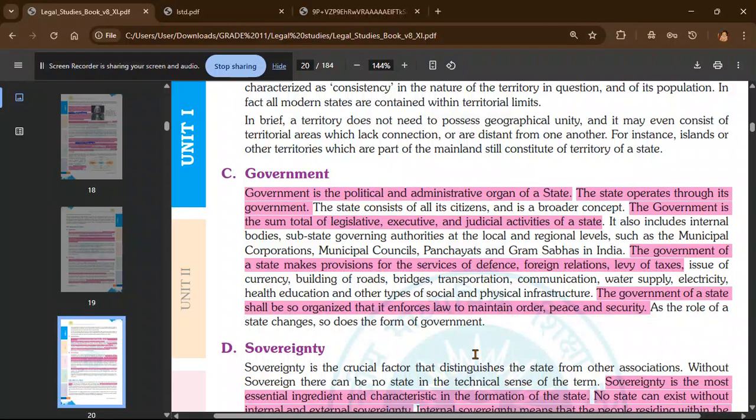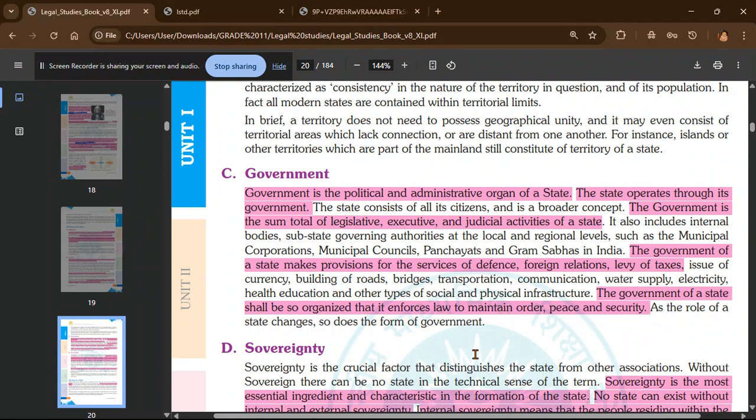So, government is the political administrative organ of your state. State operates through the government. एक political administrative organ of state होता है, ठीक है? और state operate करता है government के through. Government is a sum total of the legislature, executive, and judicial activities of a state. Then government of a state makes provision for the services of defense, foreign relations, levy of tax, all of it. Government of a state shall be so organized that it enforces law to maintain order,